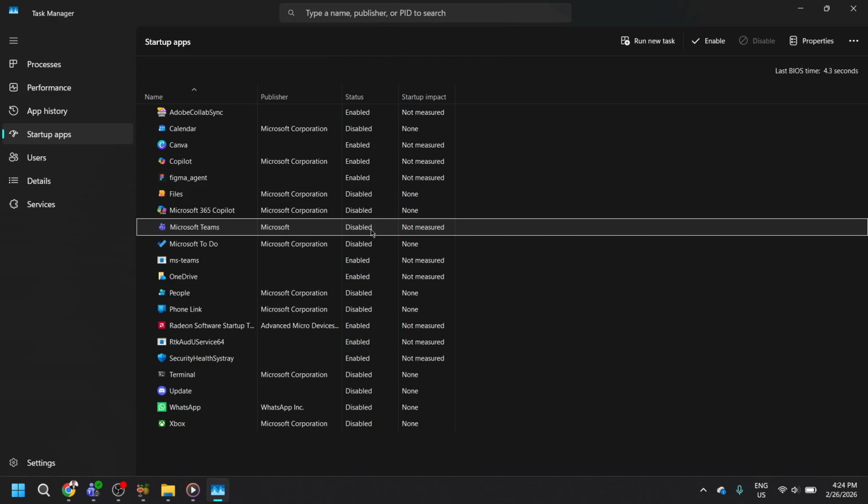By performing this action, you've successfully instructed your Windows operating system not to open Microsoft Teams automatically during startup. This means you'll gain back valuable system resources and potentially experience a faster boot-up time, as Teams will no longer be competing for attention in the background. Remember, disabling it at startup doesn't prevent you from using the application altogether. You can still launch Microsoft Teams manually whenever you need it by finding it in your Start menu or desktop